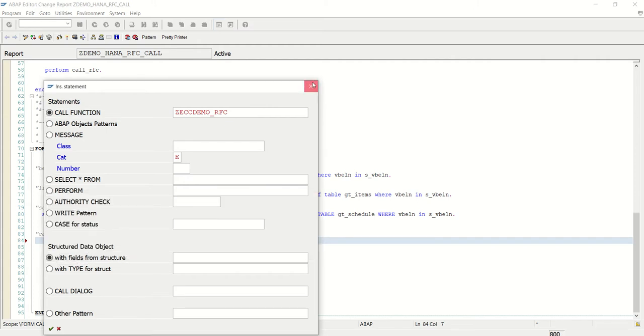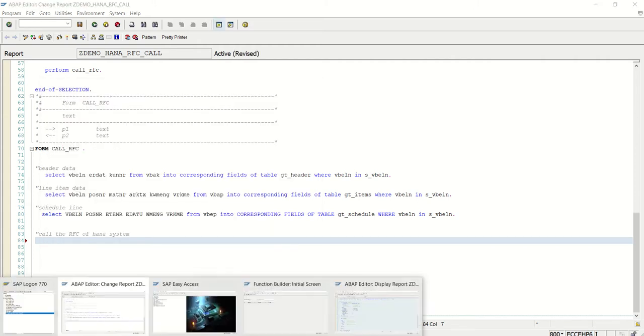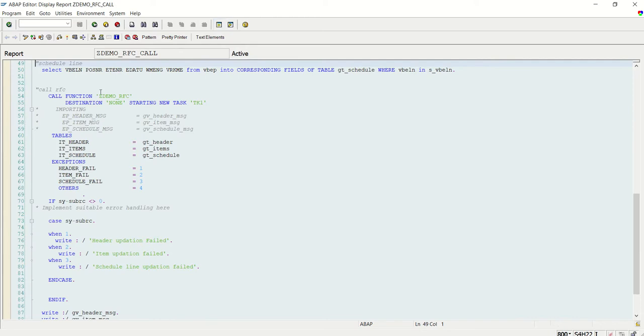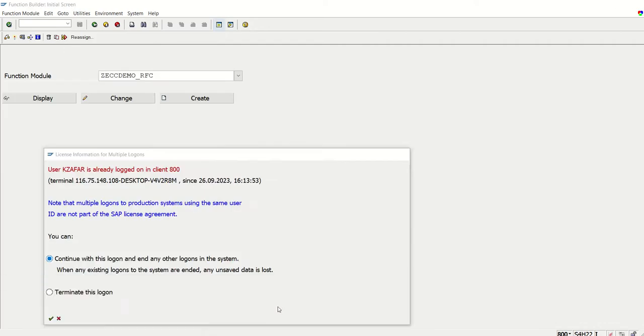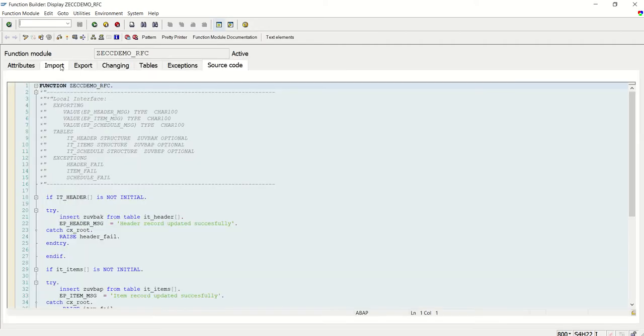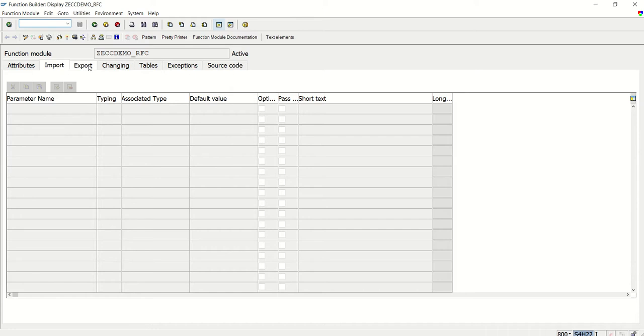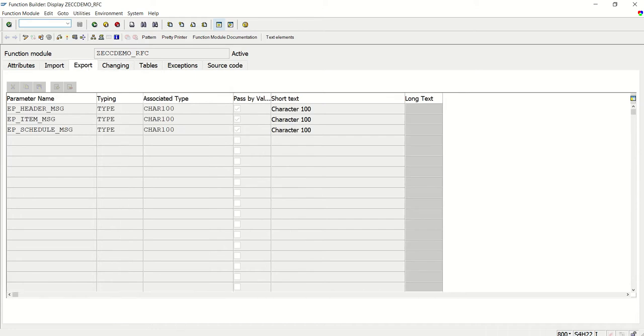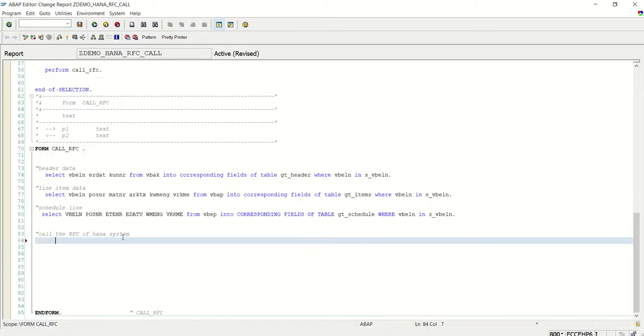So we have to call it manually by writing the code like this: call function module, destination, what we have created. Initially we'll call in the synchronous mode, that is without starting a new task. Whenever we call the RFC in a program, as I explained, the importing becomes export and the export parameter becomes import. So here we have to type manually call function